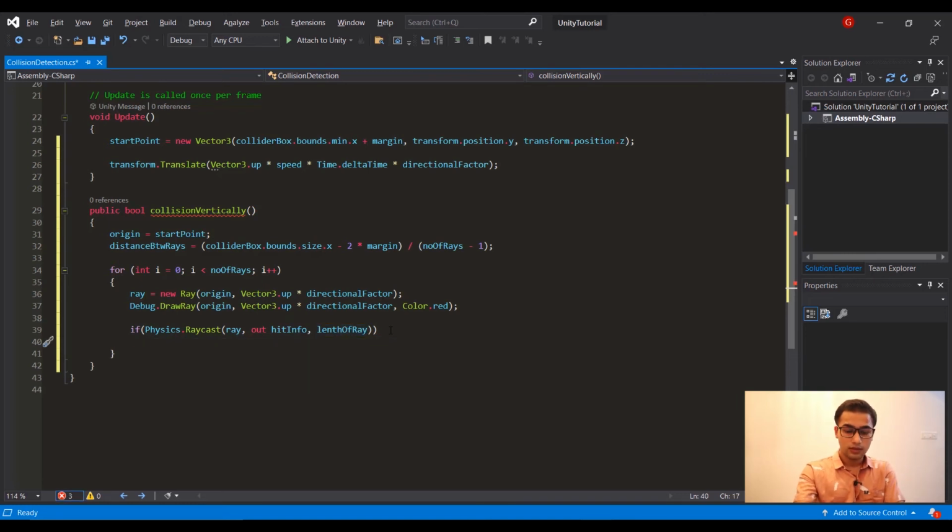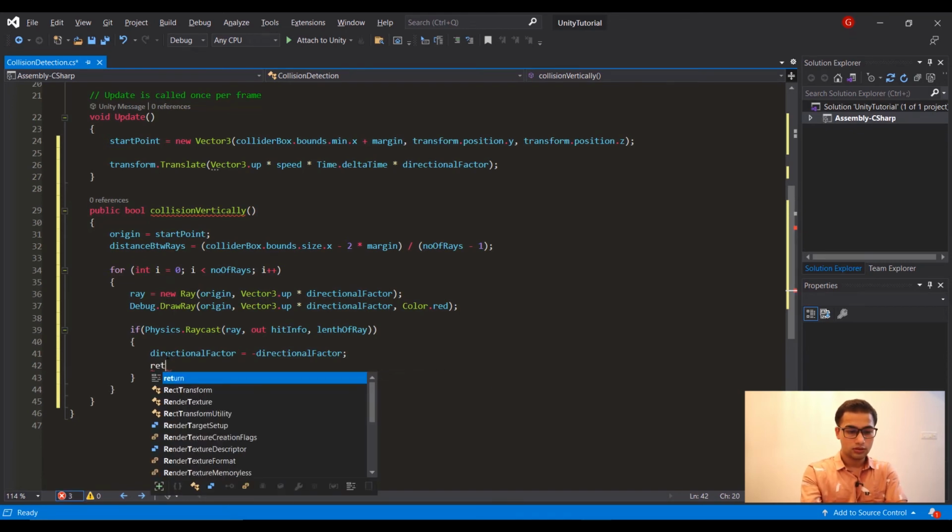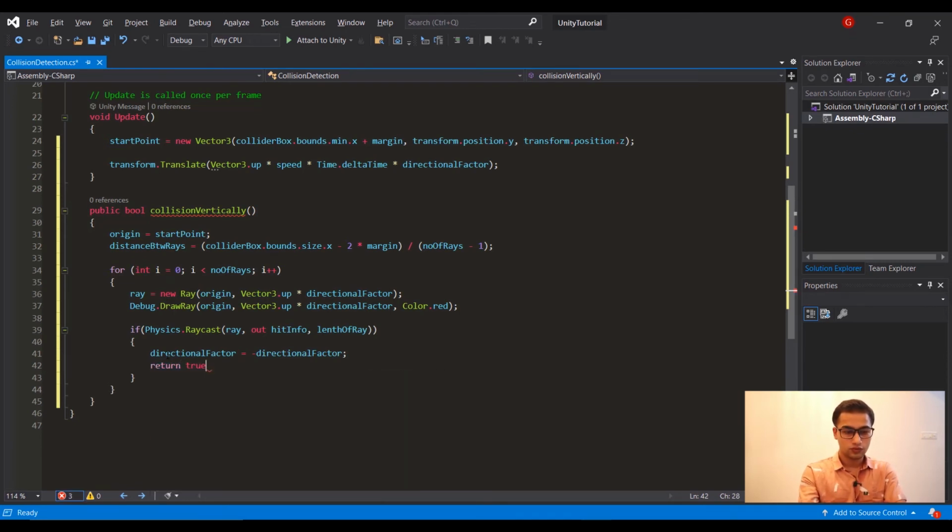Now if it is colliding, let's simply change its directional factor value, so directional factor equals minus directional factor, that's it, and return true.